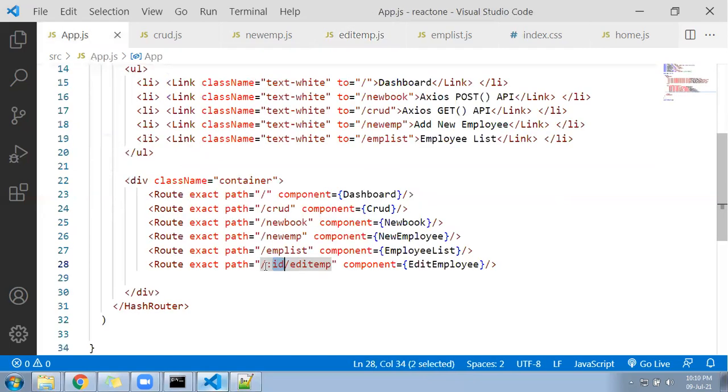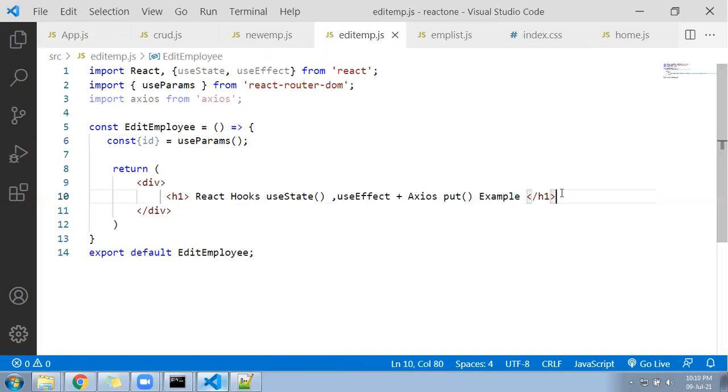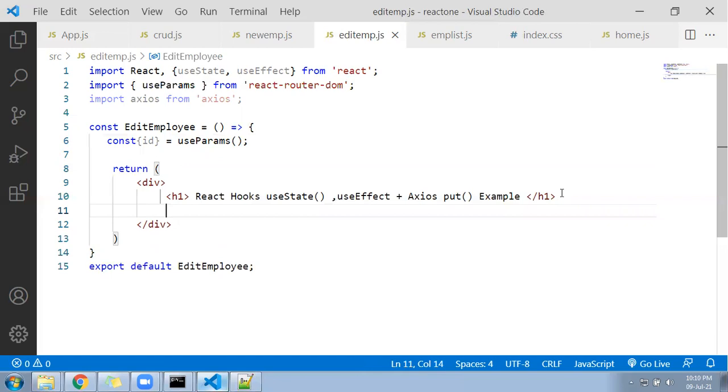Look at here. We are given the colon ID. So that's the variable I am receiving here under the EMP variable, in the edit EMP component. Now let me print that number and show you whether it is coming or not. H2, I'll write here